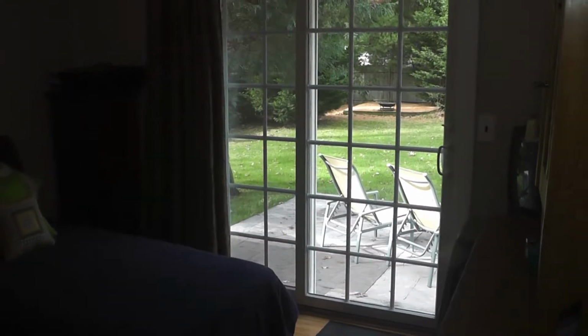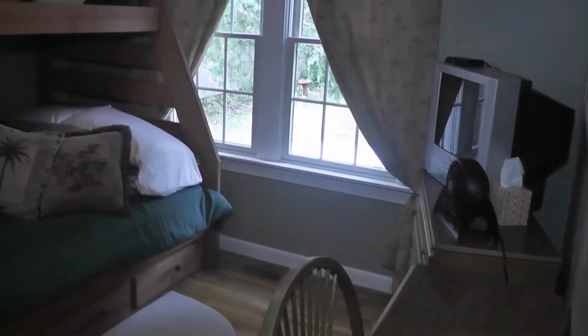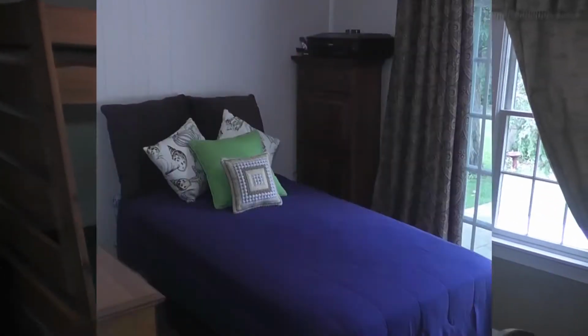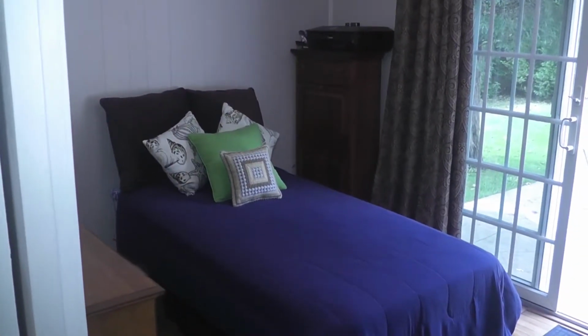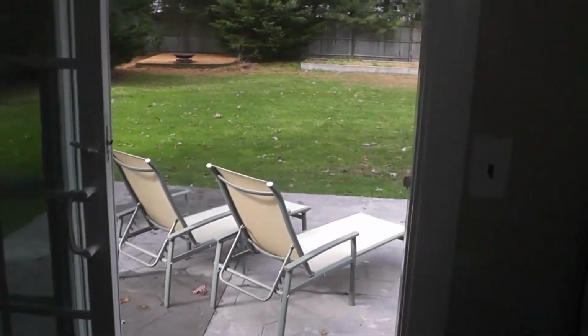There's another room which is set up as a bedroom with a slider out to the back door, and we'll go out there momentarily. And there's a full bedroom here. This room is set up as a bedroom, but the sellers have used it as a home office. We go out the slider